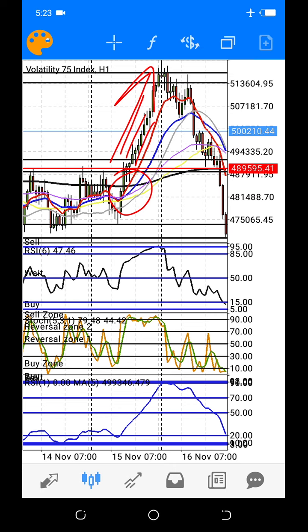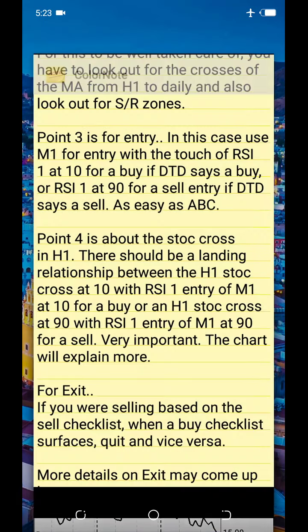So the thing is, your entry should be very important. V75 is not like Crash 1000 or Crash 500. Your entry is very important in V75. So don't enter too early and don't enter very late. So how do you avoid that? It is what I've just explained. Look,